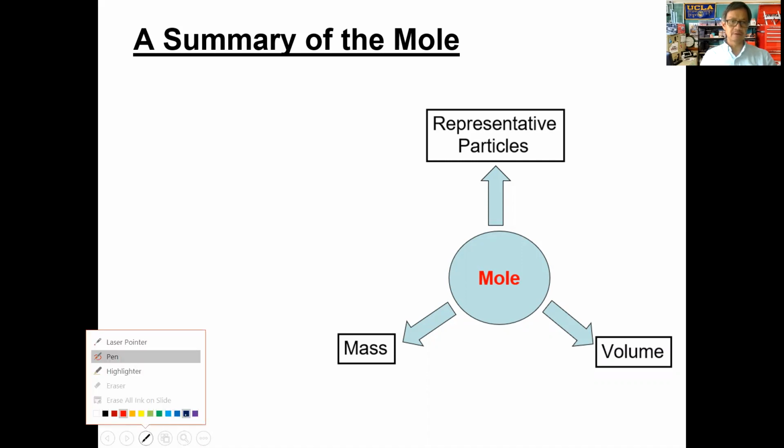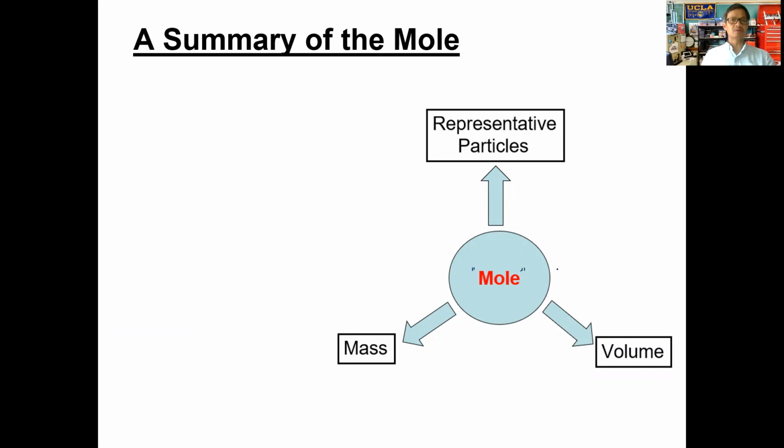What we have here is basically a layout of what we have learned so far in this chapter. First and foremost, we learned about what the mole is. The mole is just a unit, a number, that we can use to describe certain quantities of these representative particles. In this relationship between moles and representative particles, we learned that 1 mole is equal to this many particles. This is the conversion factor that we will use to convert between moles and representative particles. Remember, representative particles are the atoms, the molecules,